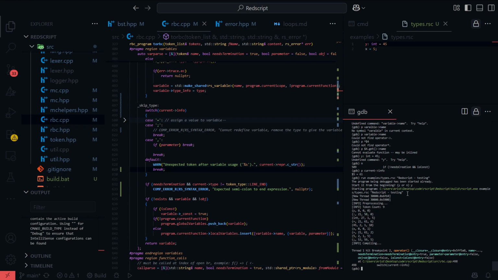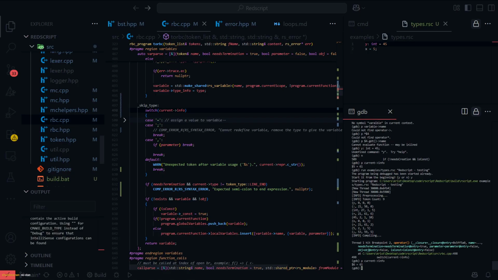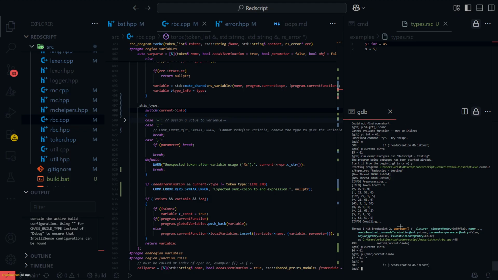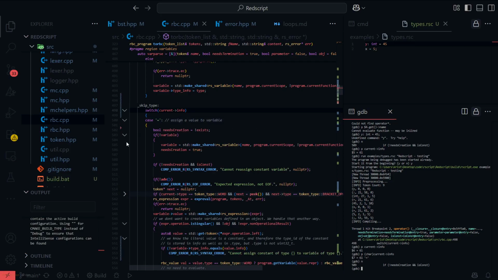So look, I'm breaking at line 498. Let's print current info. And then current info, if we cast that to a char, is an equals sign. The next instruction is 509. Oh, it did go in. But it skipped through all of this.